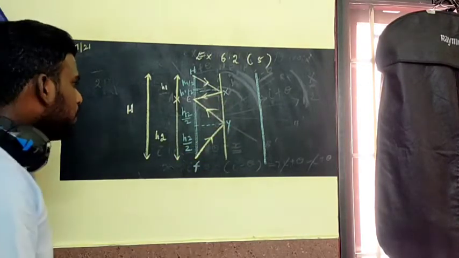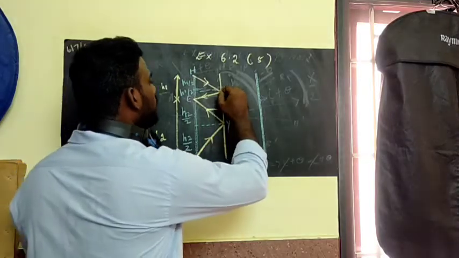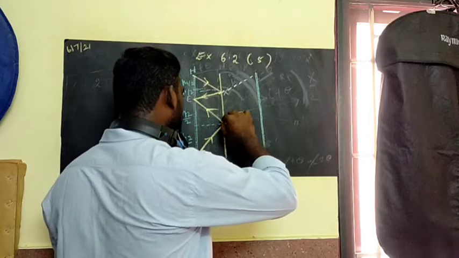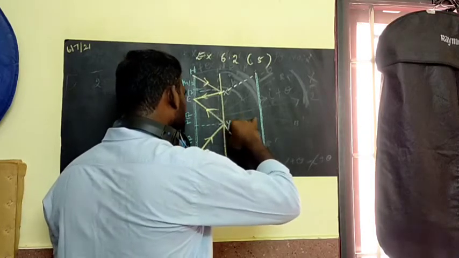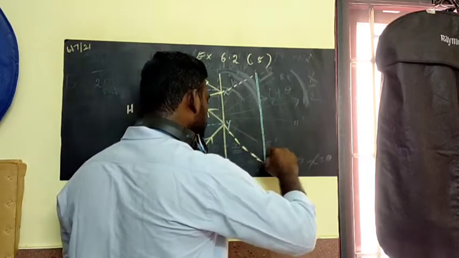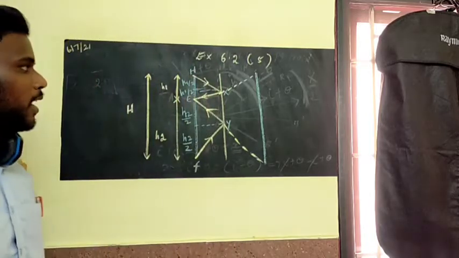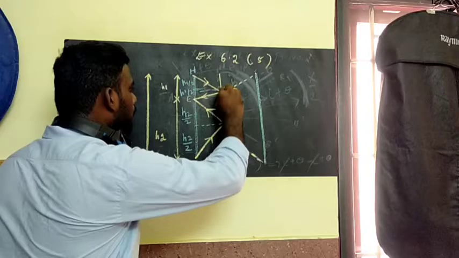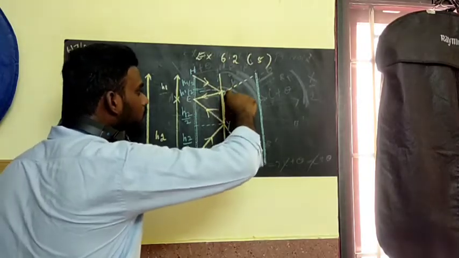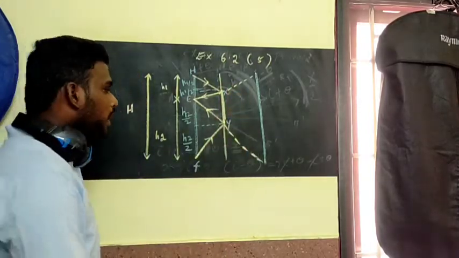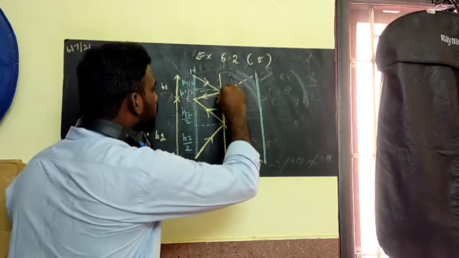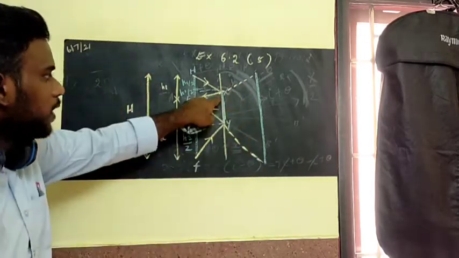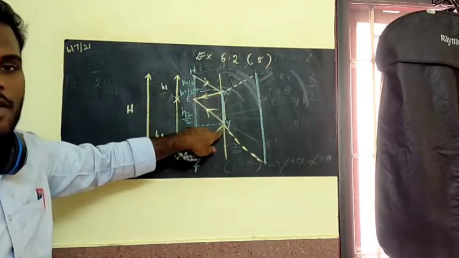Okay. And if we extend the reflected ray, it will meet the head of the person. If we extend the reflected ray for the lower one, it also appears to meet the person's leg. So where will the reflection take place? The reflection takes place only about this side. So this is the minimum length. Up to only here we have a reflection, and here also we have a reflection.